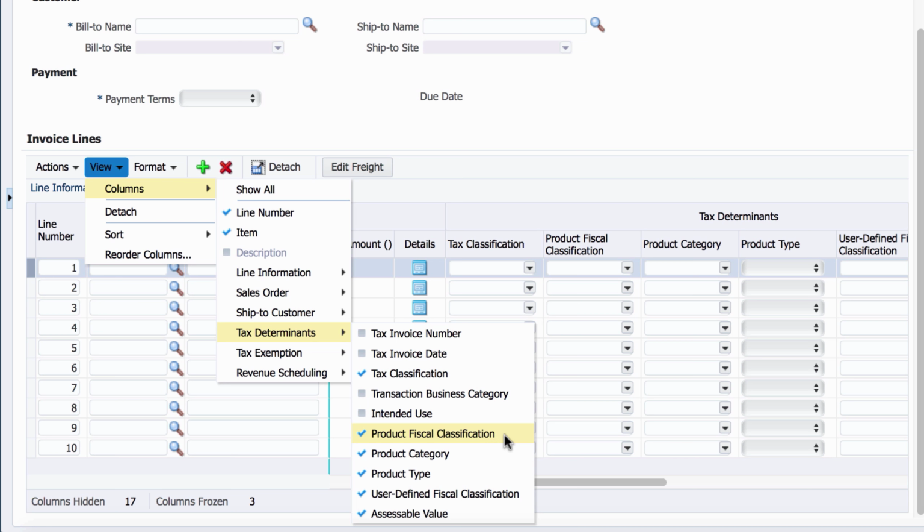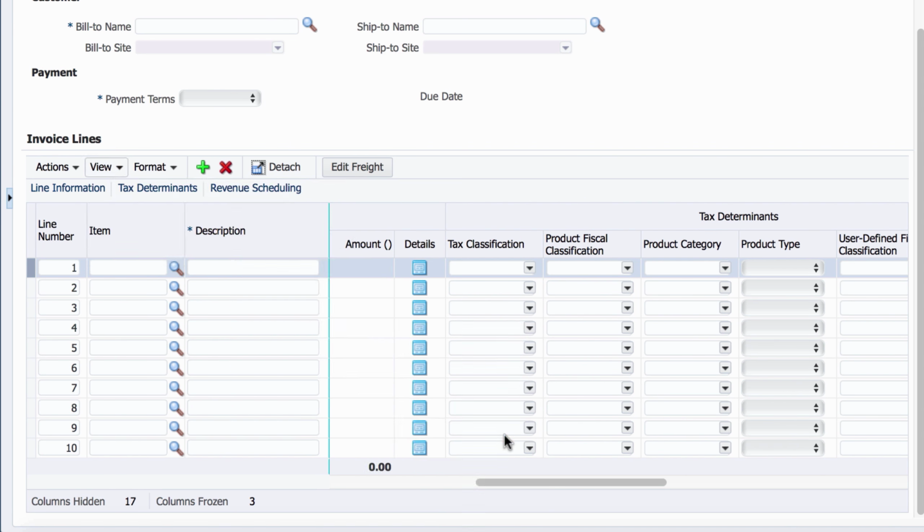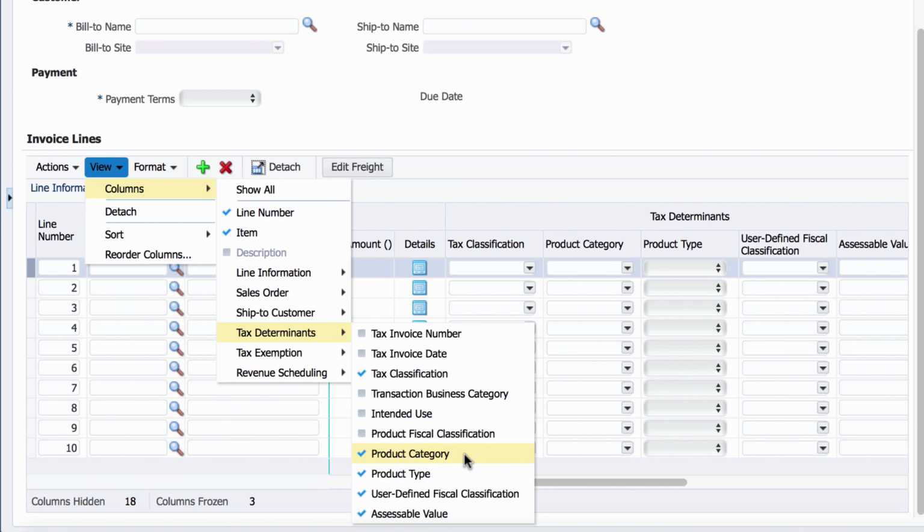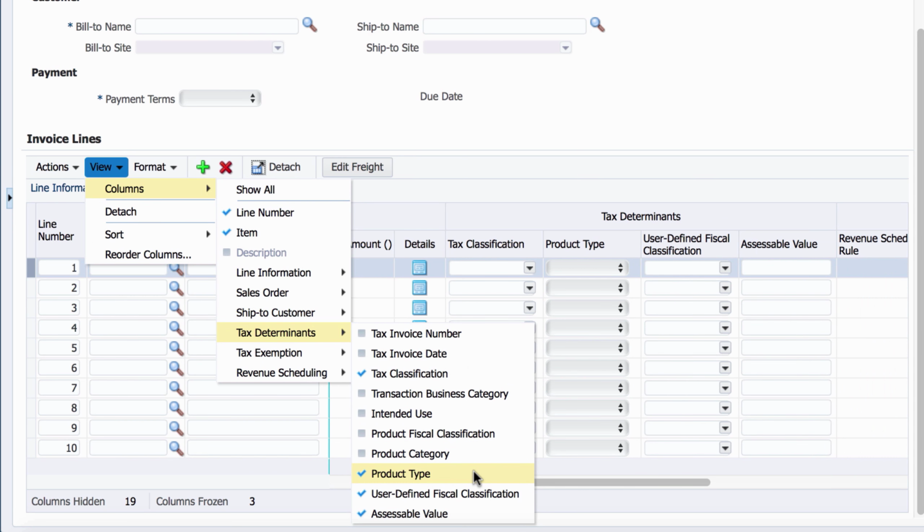The product fiscal classification code is also not needed. Product category is not needed. Product type is needed. The product type is the goods and services. User-defined fiscal classification code, we turn this one off. The reason for that is we use the user-defined fiscal classification code in our